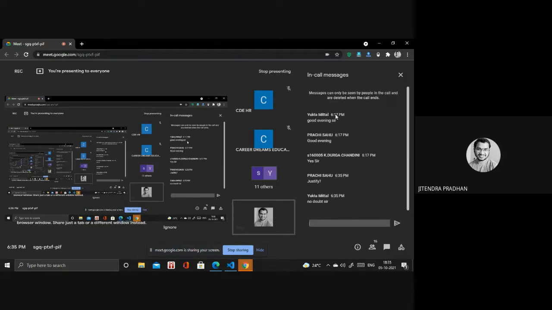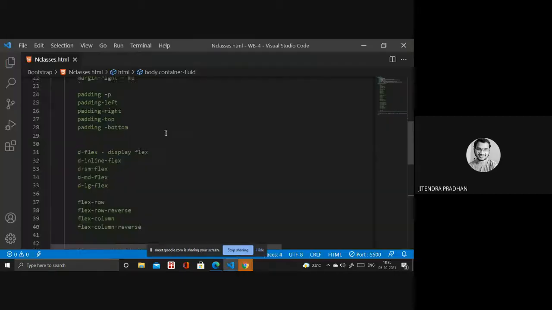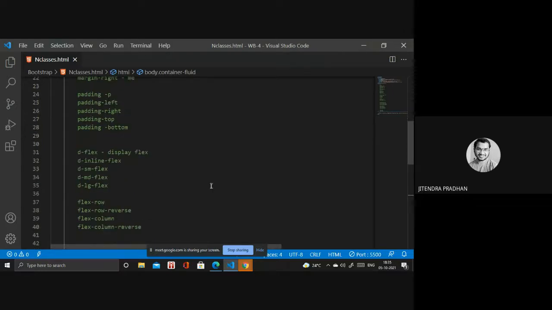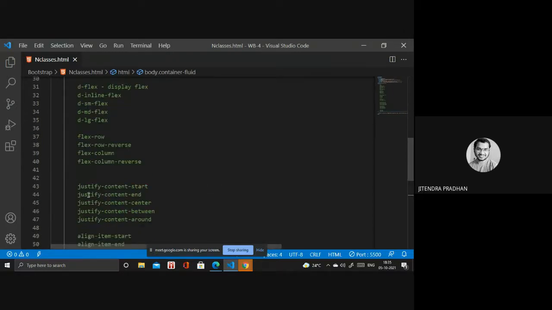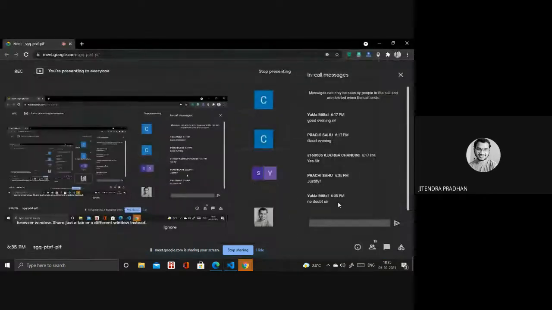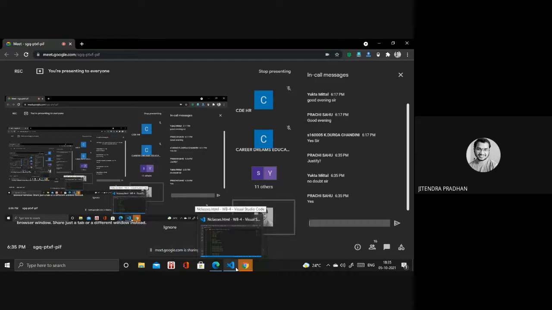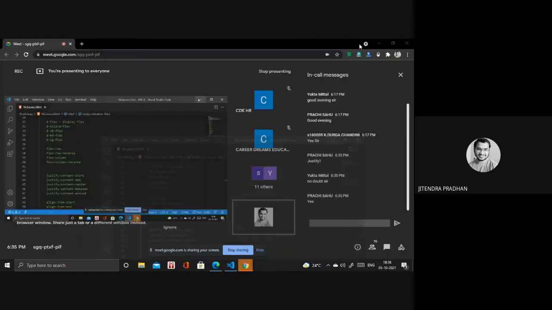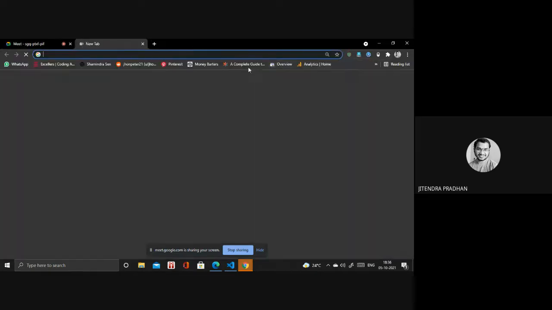Yeah, justify. Okay, I will do it. Justify means justify. Okay, but in justify content start, justify content end, what is that? I hope you are asking me that question, right? Rashiva, are you there? Are you asking me about justify content end, start, center? So if you're designing inside a flexbox, in that case we use these. I will show you picture-wise so you get an idea.